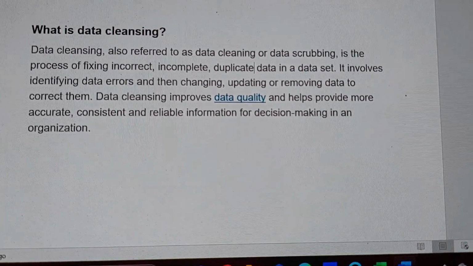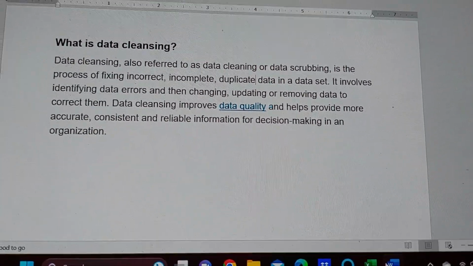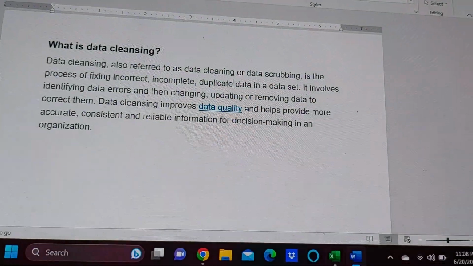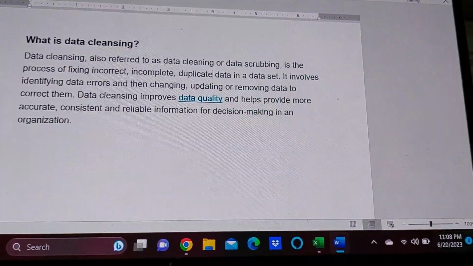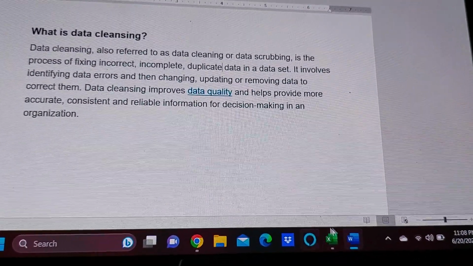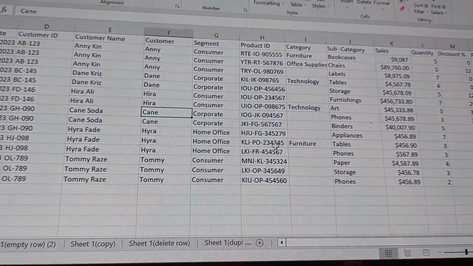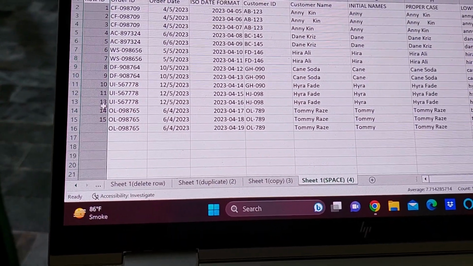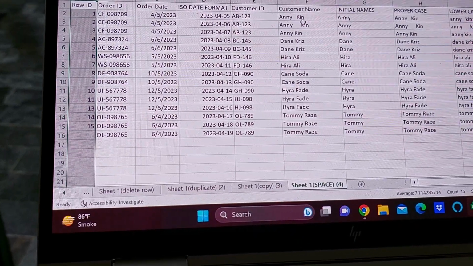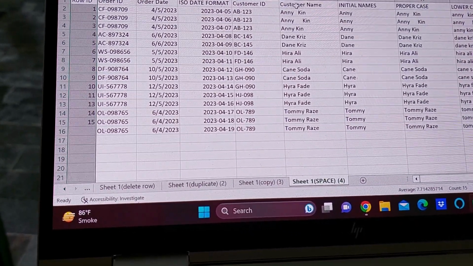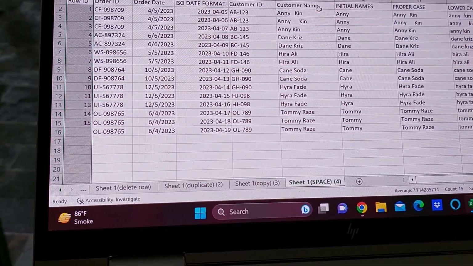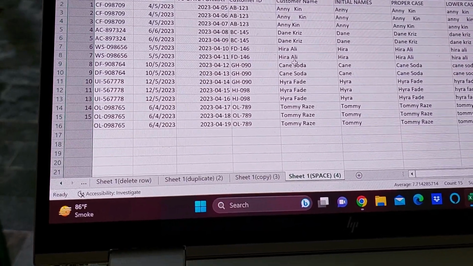So, I will guide you how to do it practically, data cleaning. So, in order to do that, we will open Excel sheet. So, similarly, if you want to remove extra spaces from this column named as customer name, so what you need to do is that